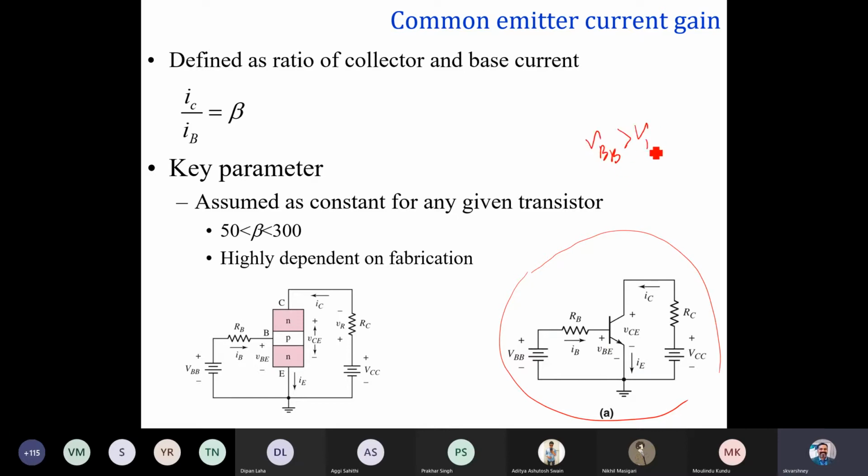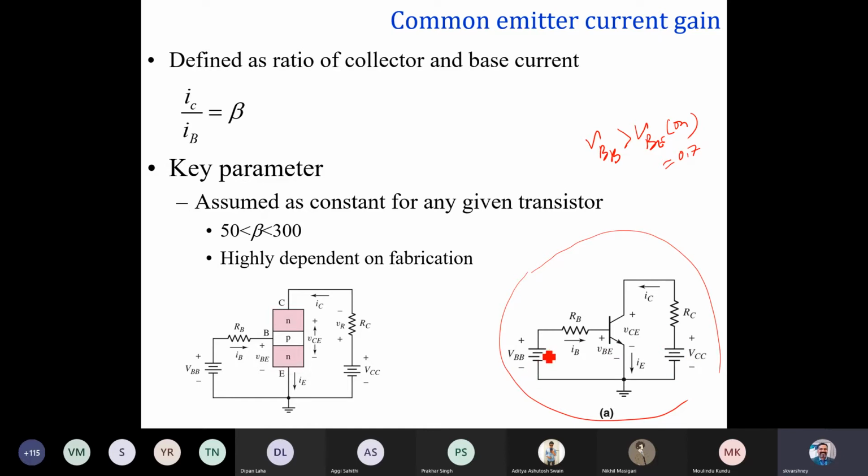If your battery VBB is greater than, let's say, we have slightly different notation than what we use for the PN diode, where we call it V gamma, but it's the same thing. So VBE on is, let's say, 0.7. If this power supply is greater than 0.7, it makes the junction forward biased, which means you are going to see the flow of current. But on the other side, this has to be in reverse bias as well.